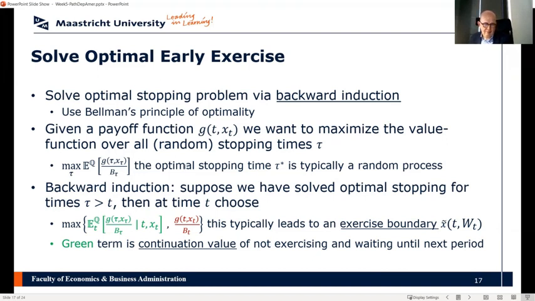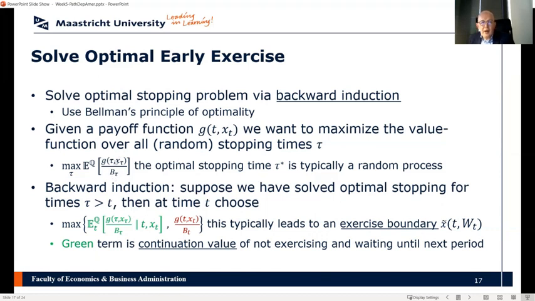So how does this work for American style options? Suppose that we have a payoff function small g at time small t given some underlying state variables, maybe the stock price or the Brownian motion, x at time small t. If I exercise my option, I am getting this payoff g small t given the state of the world x of small t. And now I want to maximize this value function over all random stopping times tau. So in mathematical notation, I want to maximize over my stopping times tau the Q expectation of the discounted payoff